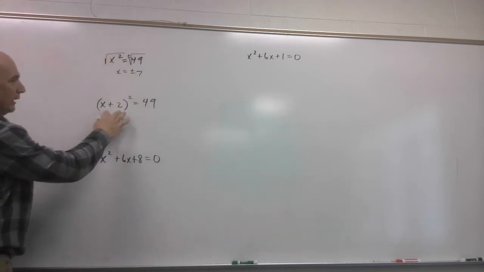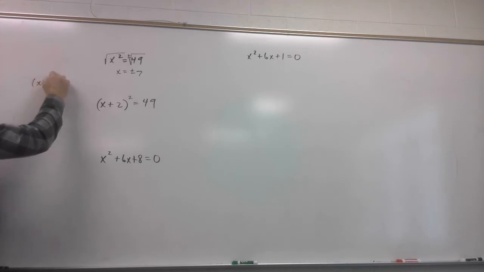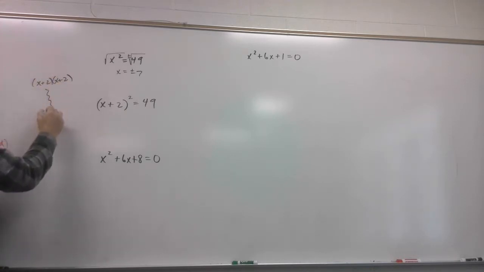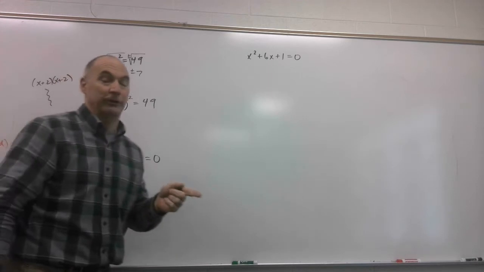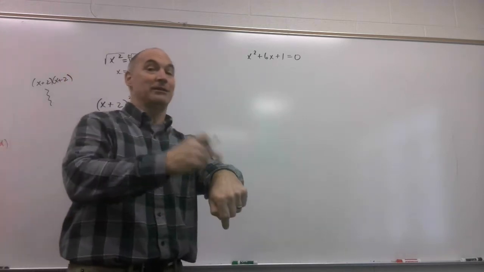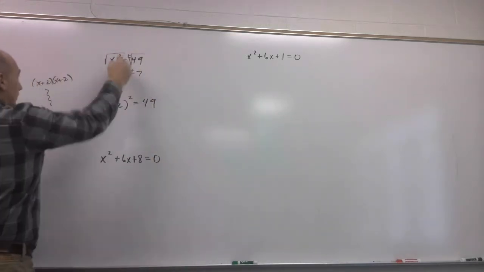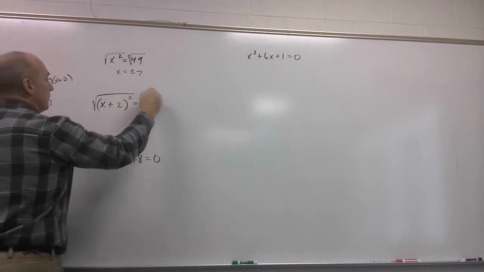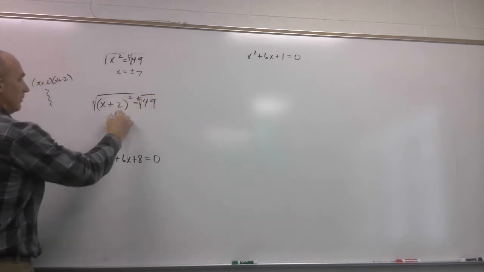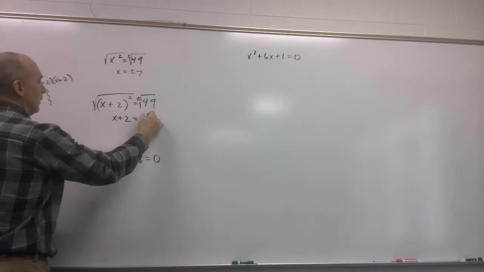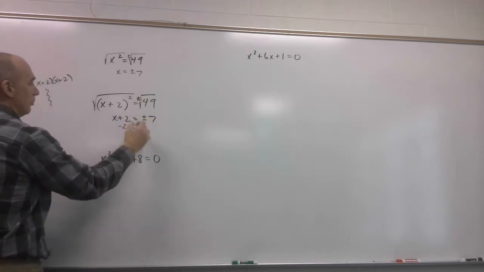This one, a little harder than this. Now, could a student go ahead and go like this, x plus 2, FOIL it all out, and then make a nightmare of this? Sure, they'll get the same answer, but it's going to take them a lot of time. Because this one is just like this one, but bada boom, bada bing, do the right thing. Watch this. X plus 2 equals plus or minus 7. So if I subtract 2 from both sides,